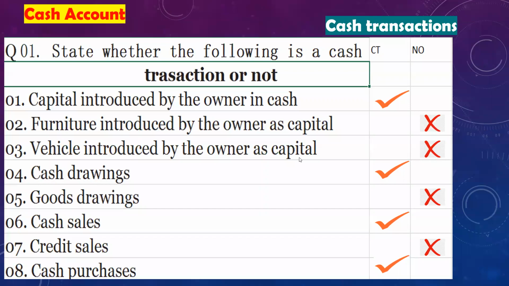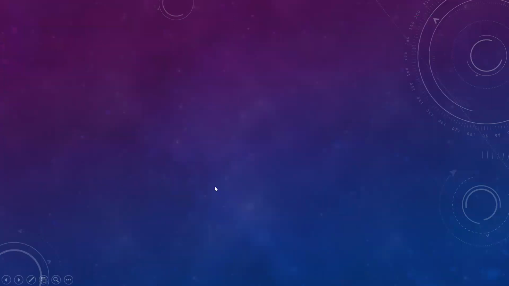Okay, now we learn what is cash account mean. An account used to record the cash transaction. Then we learn what is cash transaction. I have given 8 transactions over here, and we identified cash transaction and not a cash transaction, all those transactions, right? Now I am going to give you one exercise quickly. You have to write the question and the answer like this. Ready? Here we go.